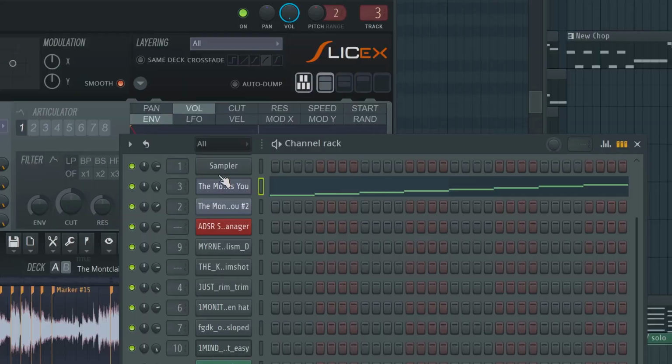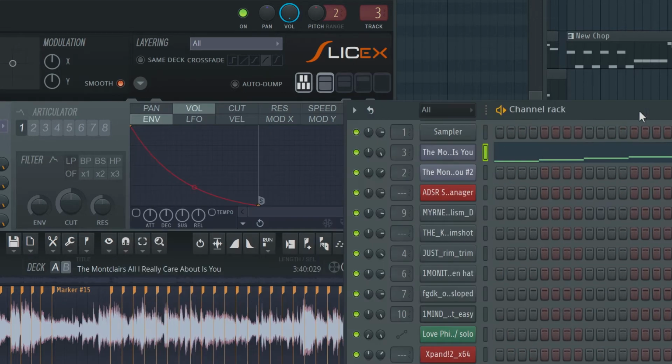But this is a Montclair sample, and so the beginning is not really that hard. It's essentially just chopping the beginning of the sample. And so here's the... Right, so that's the first part. Again, not that complicated. This next part is where it kind of gets a bit fun.